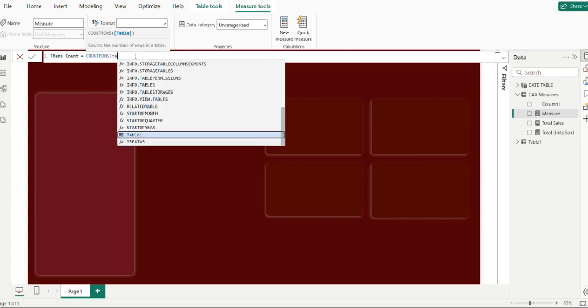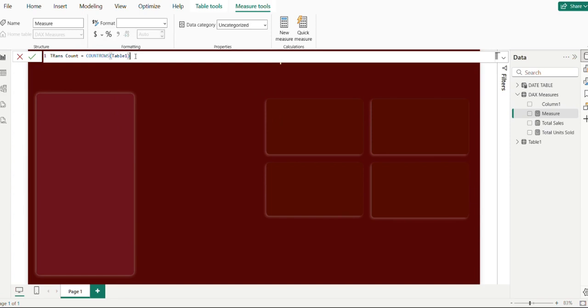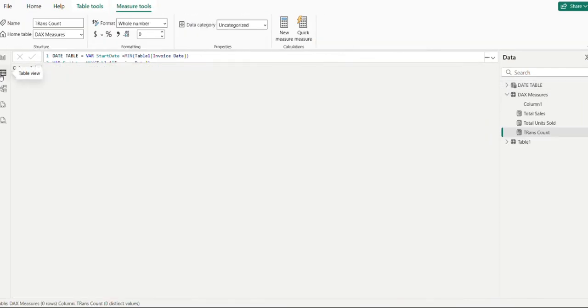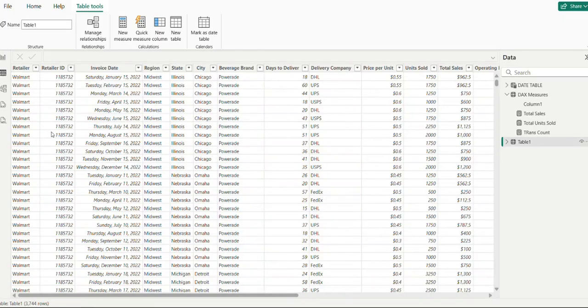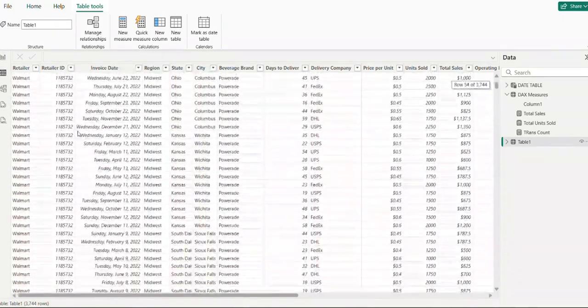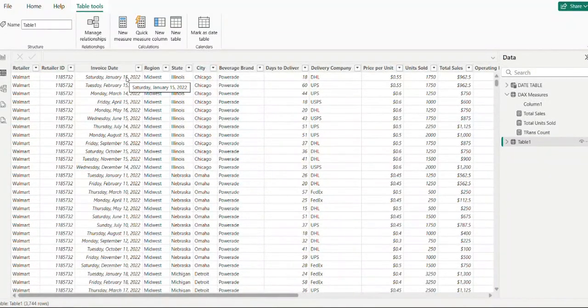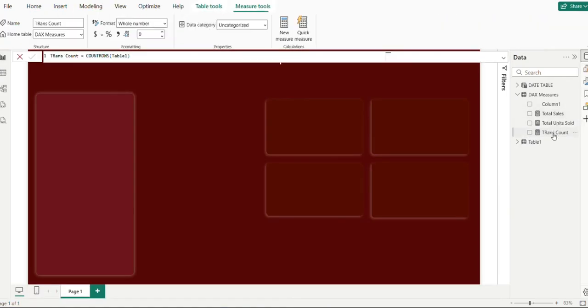What are you asking us to count? Count table 1, which is the name of my table. Now, why am I using this count rows formula? It is because in my table 1, let me save this first. In my table here, transaction count is to tell us how many unique transactions are being made, right? And if you can see in my table here, there are records of transaction made every single time it was made, every day, every time, every hour. If you look at our invoice date, there are records of transaction made every single time. So we want all those records. That's why we're using count rows. We want to see all the records, how many times were transactions made within the year 2022. So that is why we're using count rows to count all the